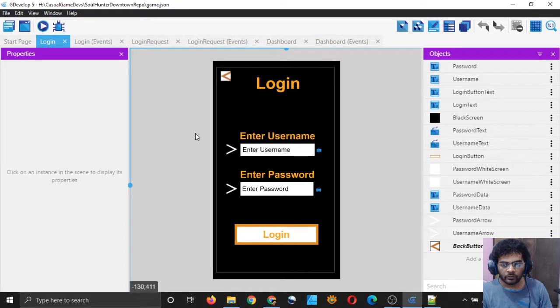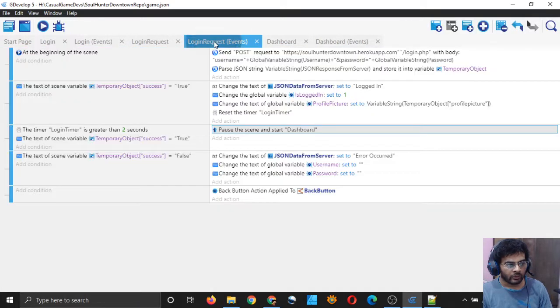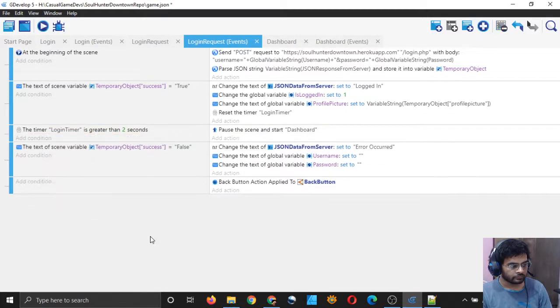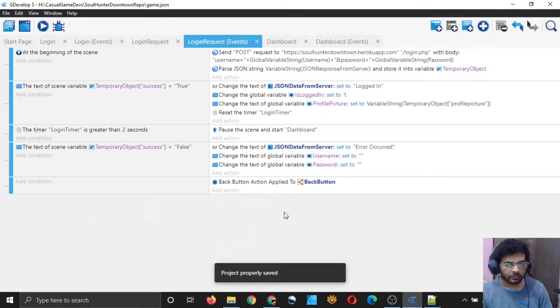So it's showing me the dashboard. What I will do is I change this condition, and now I will check if I can go to my dashboard or not.